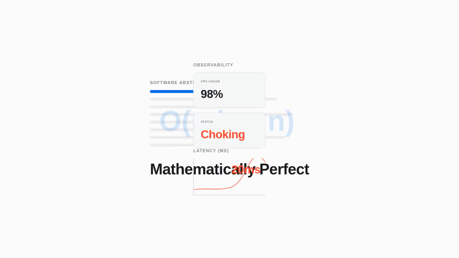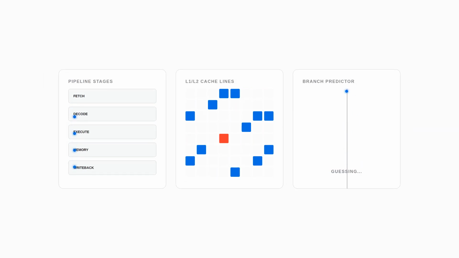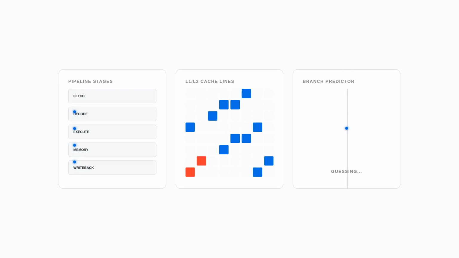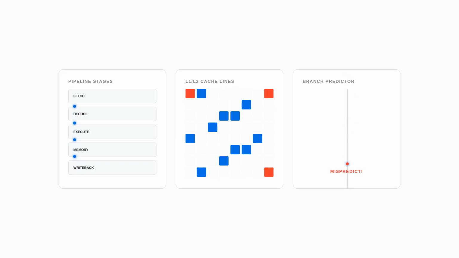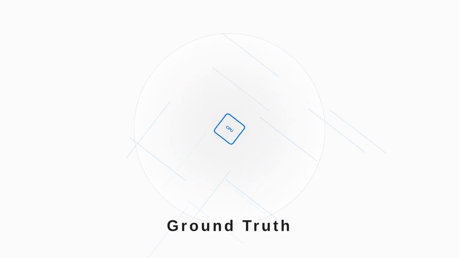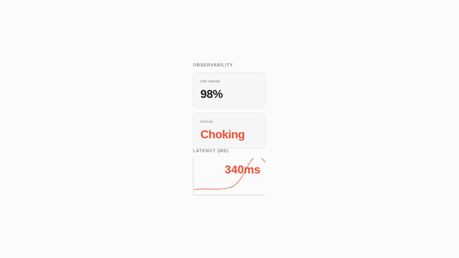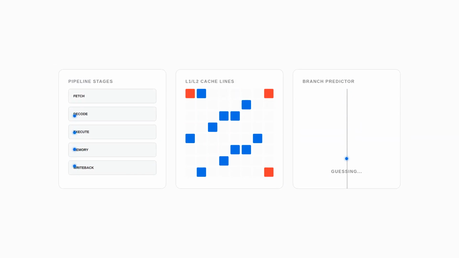We are taught to treat our code as a sequence of pure logical instructions, but the hardware sees a messy, physical reality of branch predictors, cache lines, and pipeline stages. When your APM tool tells you that a function is slow, it is only describing a symptom. To find the cure, we have to stop looking at the software abstractions and start looking at the interface where logic meets silicon. We need to establish the ground truth of what the processor is actually doing while your code